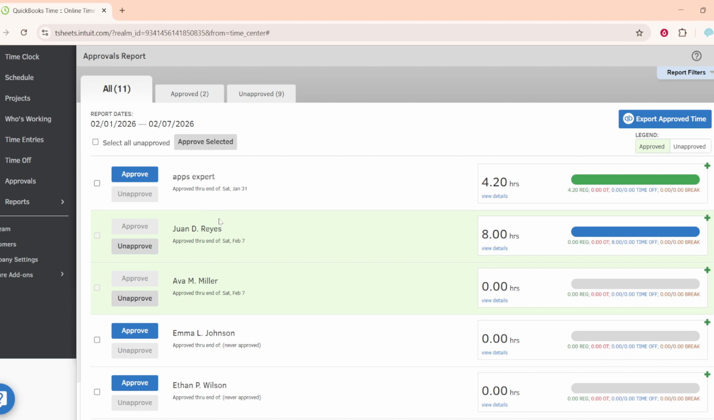That's it. Log in, confirm the employee is set as salaried, enter their regular hours, approve if required, and use